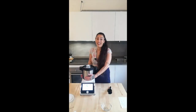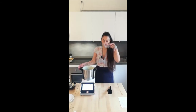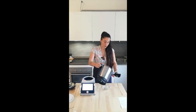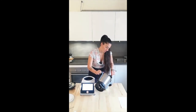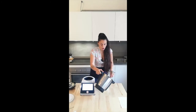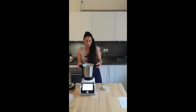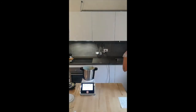And it's already heating up. You can feel the heat just by placing your hand on the jug. And now I'm going to put this in this bowl, or you can even put it in a container. I'm going to use the spatula, and you don't need to actually heat up the mask in a separate pan and just make a mess. You can do everything in the ThermoCook Pro, and I'm gonna also show you how easy it is to wash and clean. It's self-cleaning. So this is the consistency of the mask,